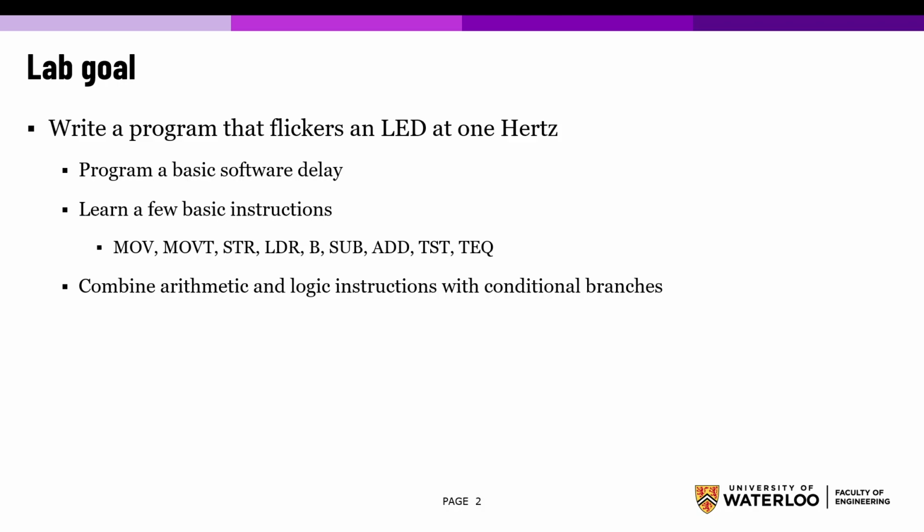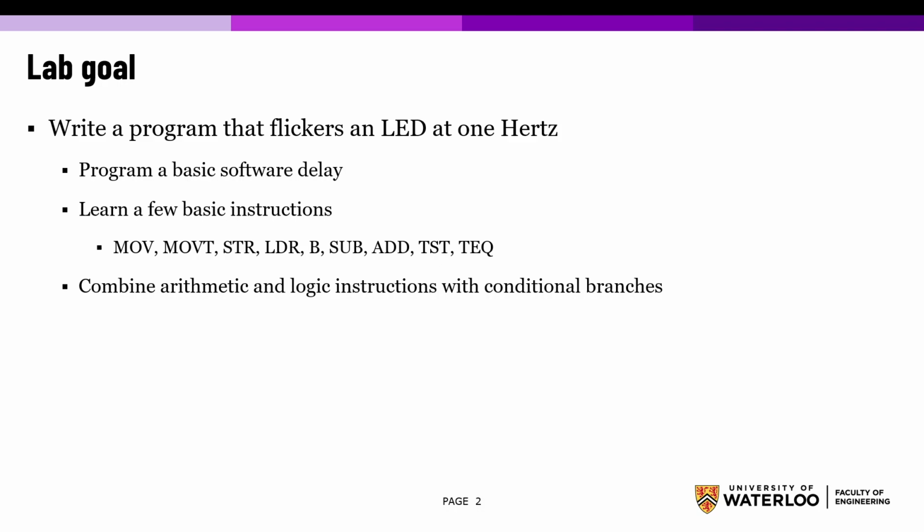You're also going to combine arithmetic and logic instructions with conditional branches. This is a very important part of the lab because it will allow you to achieve your goal of writing this basic program that implements a software delay. Depending on how you approach the solution for version B of the program, you will also use this to implement a structure that is similar to an if-then-else. You have a video where I explain how to translate an if-then-else written in C into assembly, so you can use that as a template